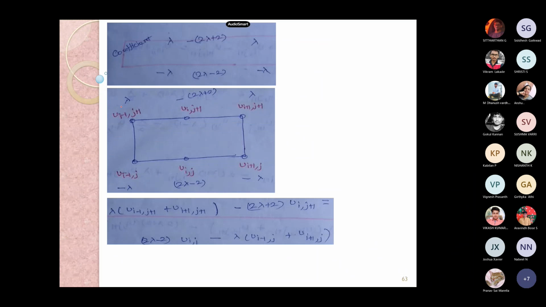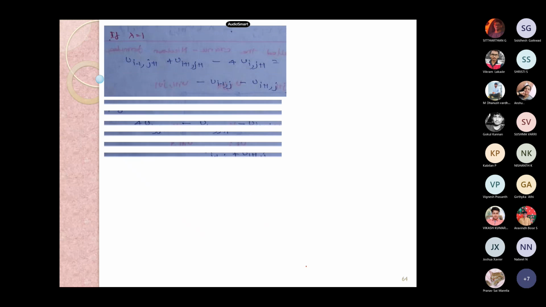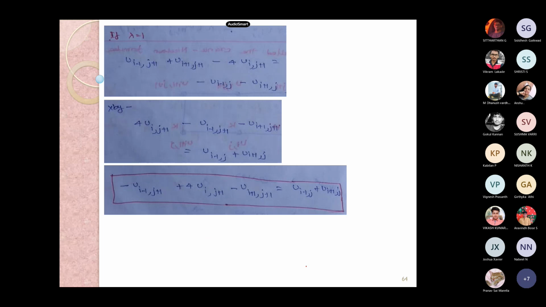See, lambda into one particular term, and minus 2 lambda plus 2 into this particular term, and lambda, and this is what the term is equal to. This is the J plus 1 series, and in the J series we need to take this coefficient, and this is the U. And when lambda is equal to 1, this larger formula is reduced, and this is the reduced form